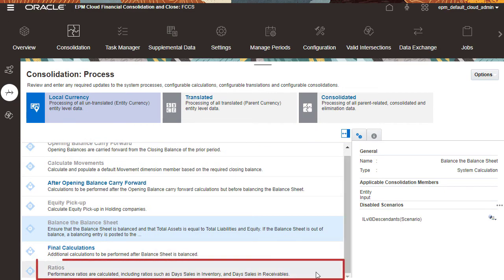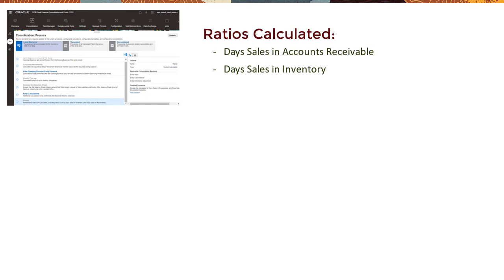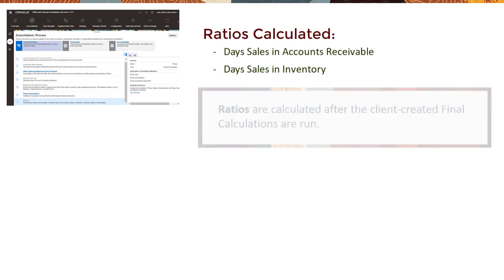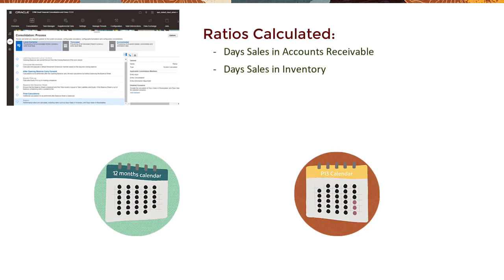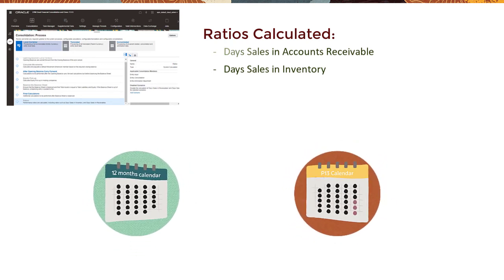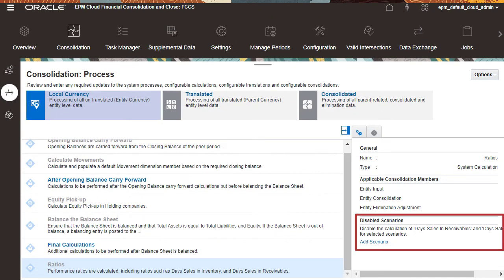Two ratios are calculated at the end of the local currency process: Days Sales in accounts receivable and Days Sales in inventory. These ratios are calculated after the client-created final calculations are run. They are calculated on a rolling basis over a full year, either 12 or 13 periods, depending on the configuration of the application. The ratio calculations can be disabled temporarily on a scenario basis to help improve